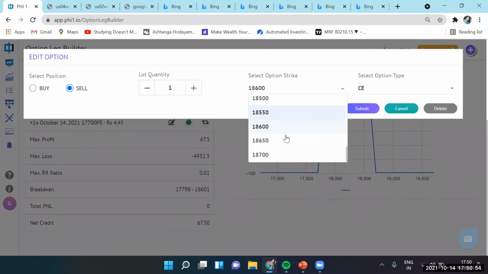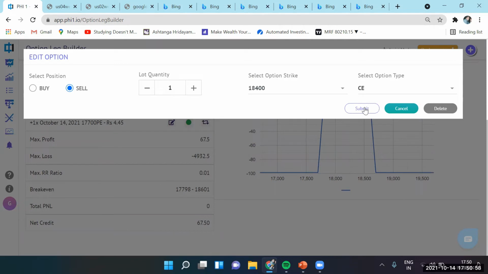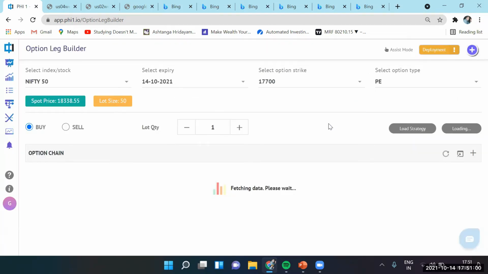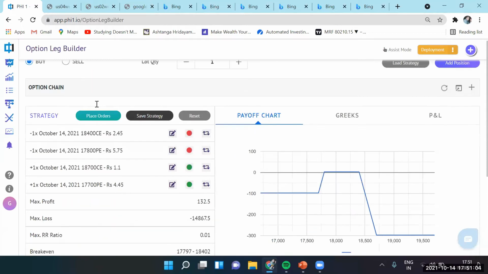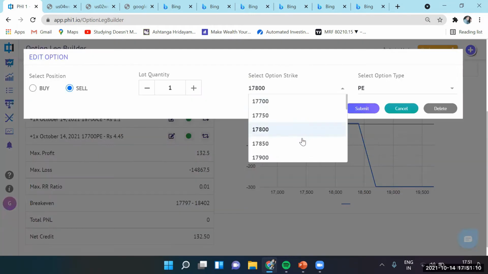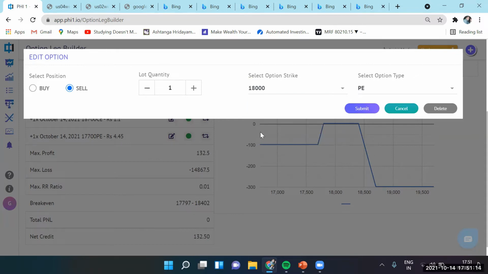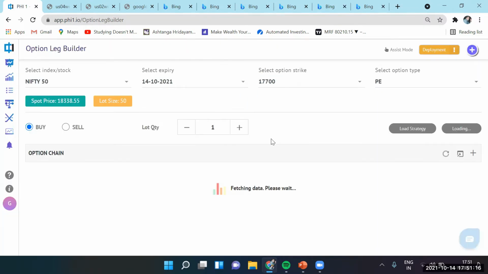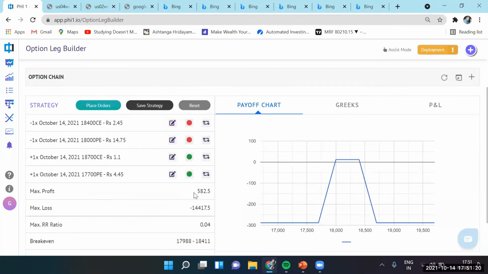So let's say 18400. And similarly for our put option, we will also make it slightly closer to ATM. So in our case, 18,000. So as you can see, the premium you collect increases slightly.